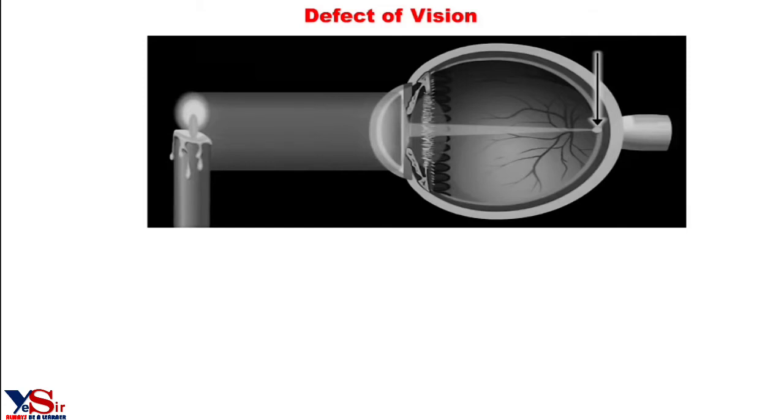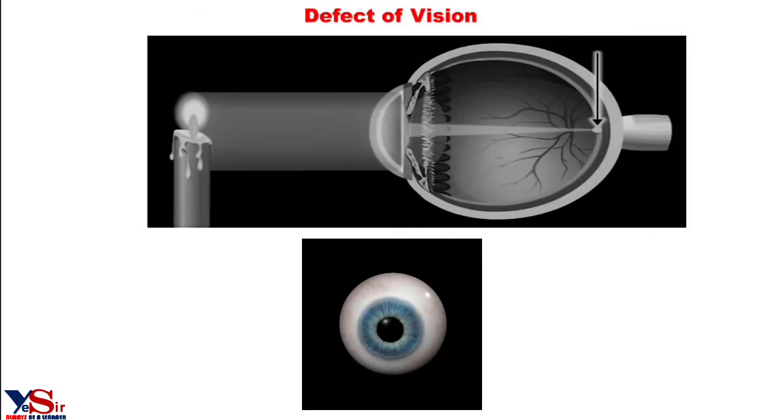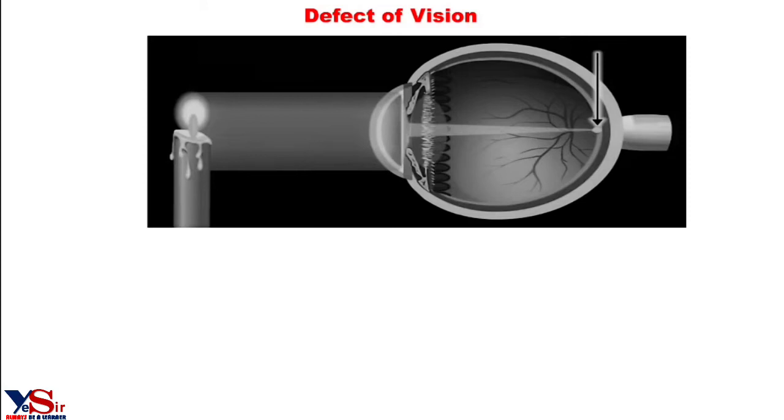What is an eye defect? An eye defect can be defined as the disability of the ciliary muscles, which help in changing the shape of the eye lens. These changes can cause problems regarding the image formation of any object on the retina and can lead to a defect of vision. Now we have to see the most common eye defects. There are three common types of eye defect seen in humans. They are